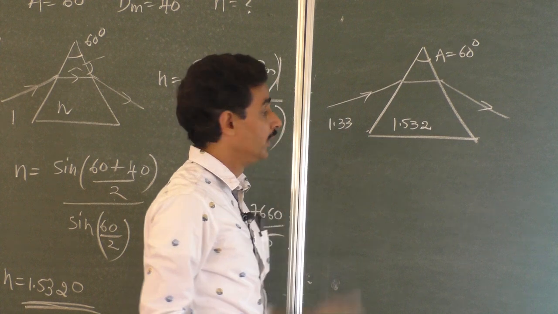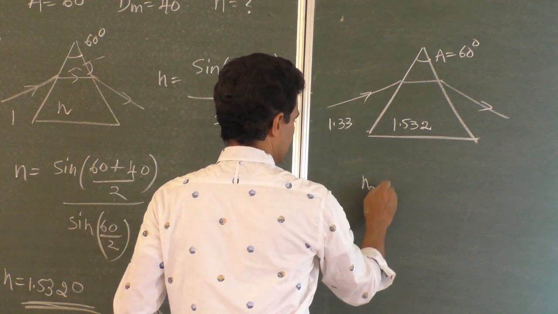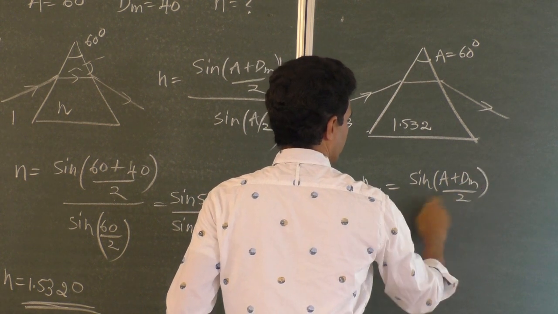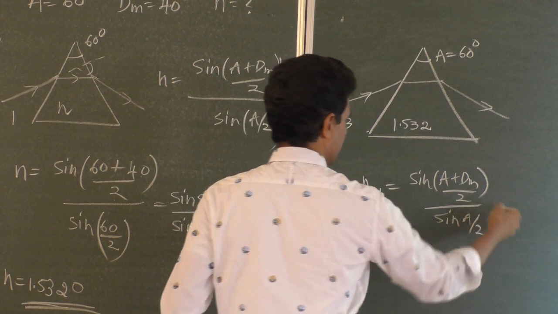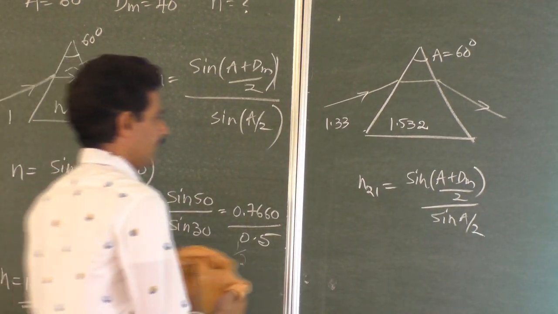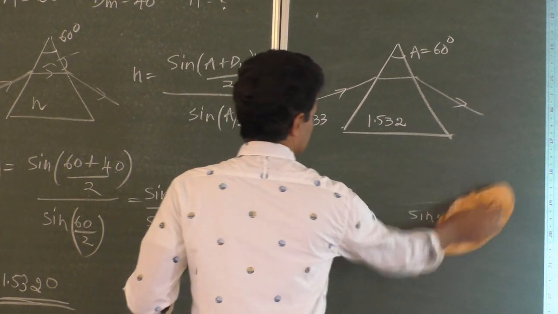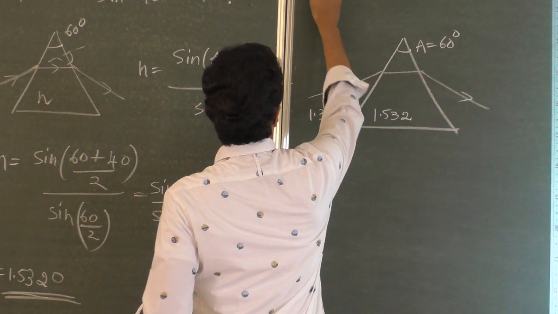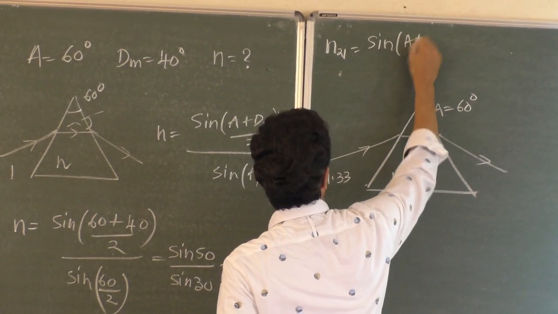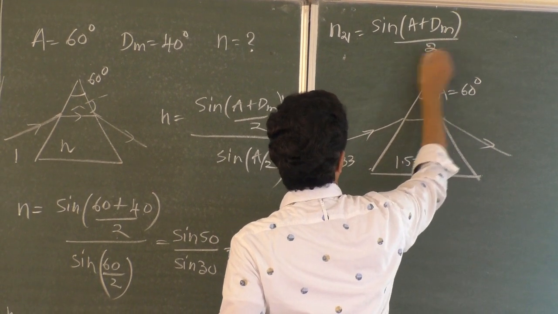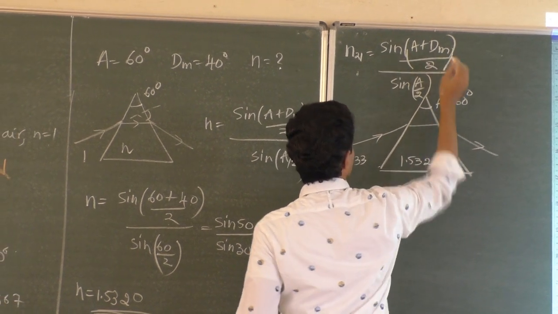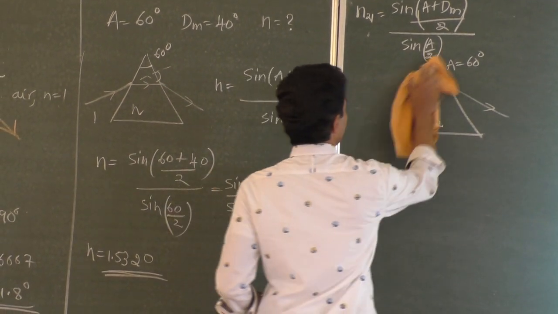Now relative we know. Now you have the formula n21 is equal to sine (A plus Dm)/2 by sine A/2. Now we have a little bit of work in the formula. Shall I write the formula? Let the board be available completely so that I can complete it within this range. So n21 is equal to sine (A plus Dm)/2 by sine A/2. Now, shall I expand it as